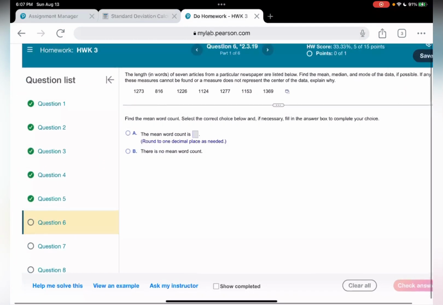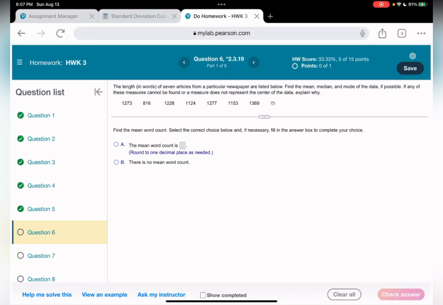Question number 6. Well, we need to find the mean here. All you're going to do is add up the numbers. So let me add them up. Whoever knows how to work with Excel can use Excel. Whoever doesn't know, you can use a basic calculator. So I'm adding 1273 plus 816 plus 1226 plus 1124 plus 1277 plus 1153 plus